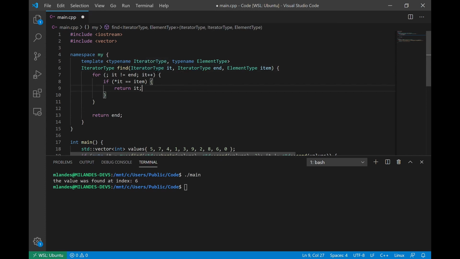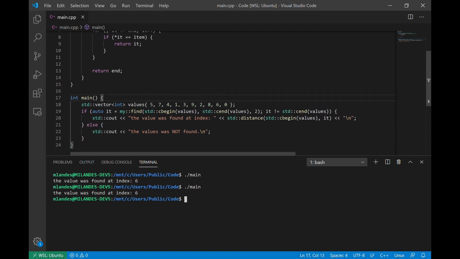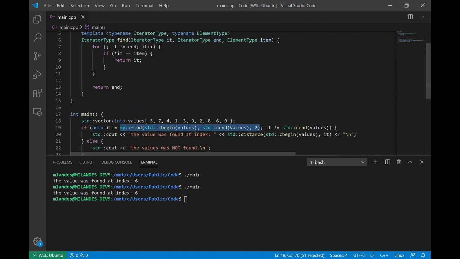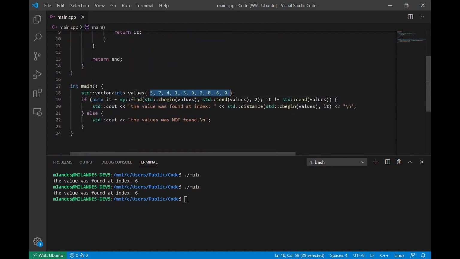Now, as long as we're consistent about the iterators we pass in, meaning the begin iterator and the end iterator match, those will also be the type of the iterator returned from the function. And as long as the element type matches what's dereferenced by the iterator, this function will work. I've just made it a template, and you'll see that if I run the code once again, everything will still work just fine. That is because this template, when it's being instantiated right here when we call the find function, is being instantiated with the proper iterator type and the proper element type. And the real proof that this works would be to go ahead and change this to be